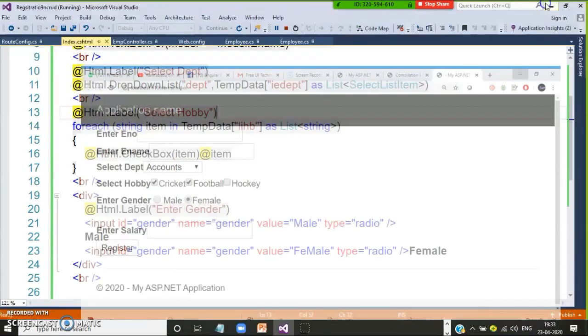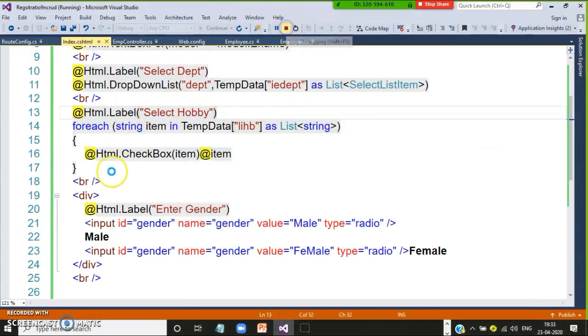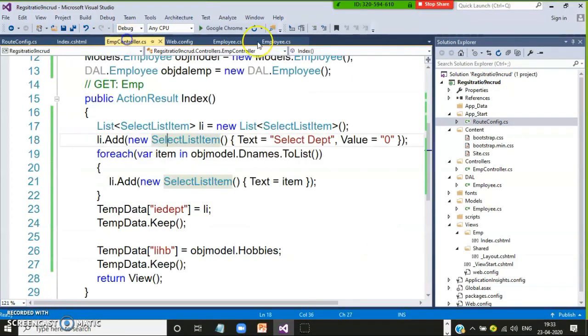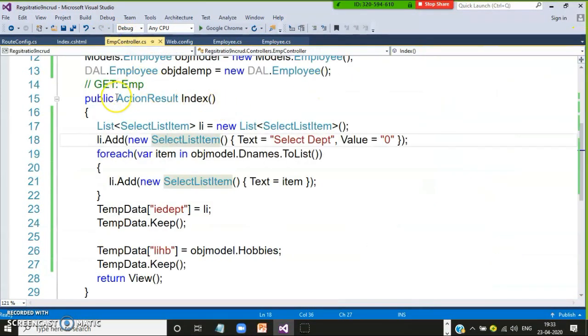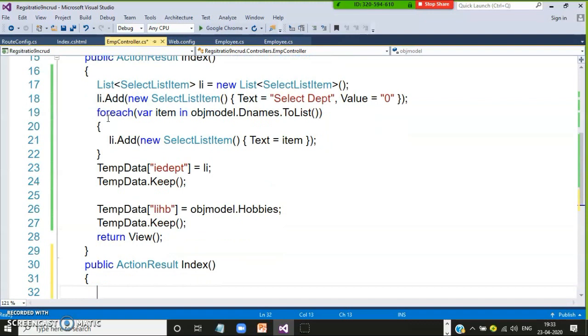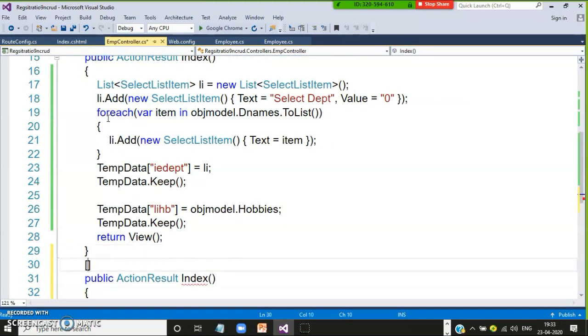So in order to do this one, here I will try to go to my controller. Here I will try to write one more action method, but this time I will declare the method as post. I will declare one post method here. That is get, this is what? Post. Okay, now HTTP post I will give. And for this method I will pass input parameters as form collection.